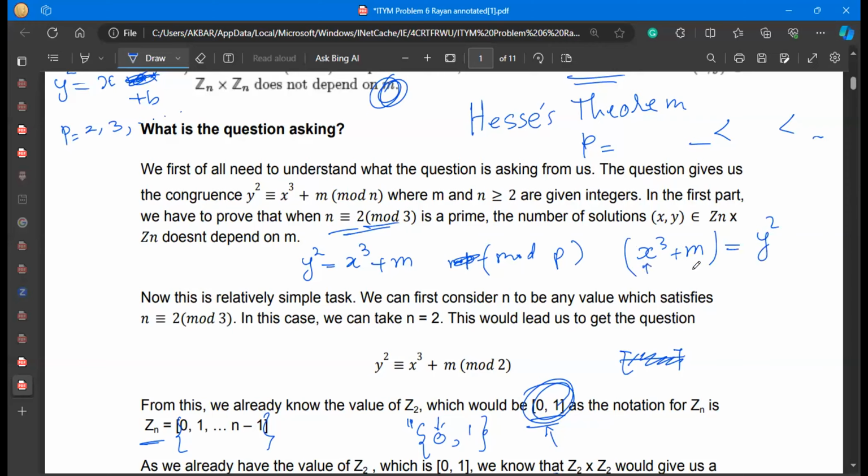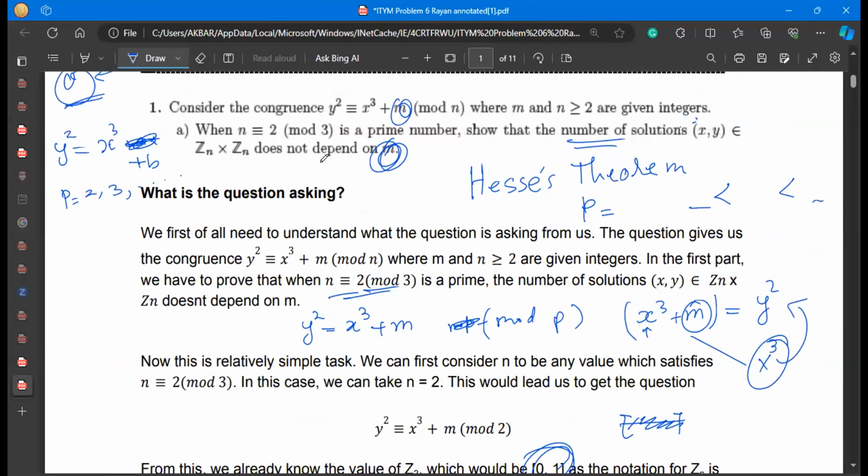ठीक है, यानी कि m की और x cube की वैल्यू। अब आप देखिए कि यहाँ से अगर हम देखें x cube कब हमें स्क्वायर्स देता है, x cube plus m कब हमें स्क्वायर्स देता है। क्या इस m का यहाँ पे होना नंबर ऑफ स्क्वायर्स पे कोई फर्क डाल रहा है या फर्क नहीं डाल रहा? अगर फर्क नहीं डाल रहा तो आपका काम हो गया कि जो m है वो नंबर ऑफ सॉल्यूशंस पे कोई